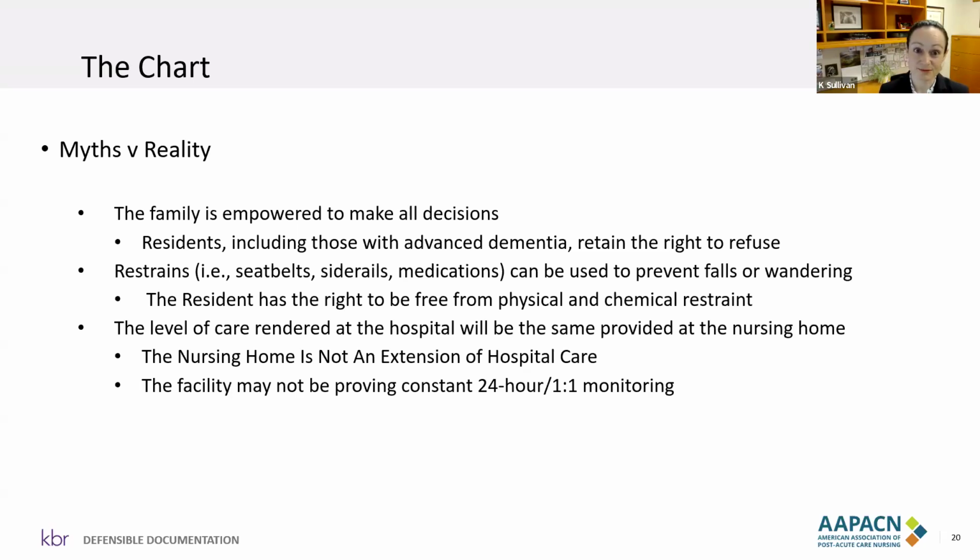And the reality is we have to set expectations. If there's a resident coming to us that has a history of multiple falls, falls at home, falls at another facility, we should be explaining, we don't provide one-to-one monitoring here. Here is what we do provide. Here's the level of assistance and support and observation monitoring. So we can set expectations right away.